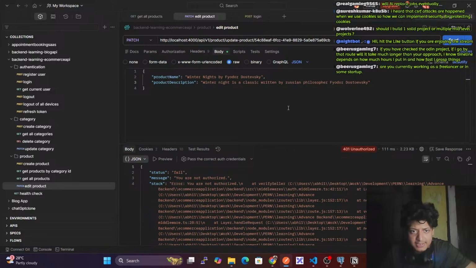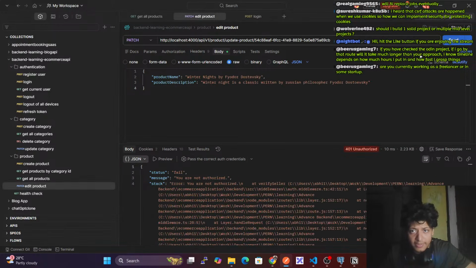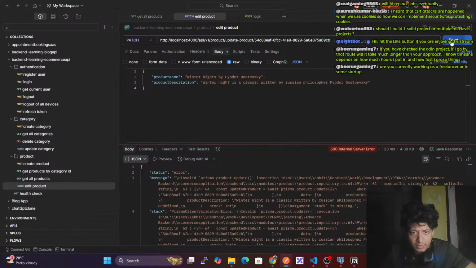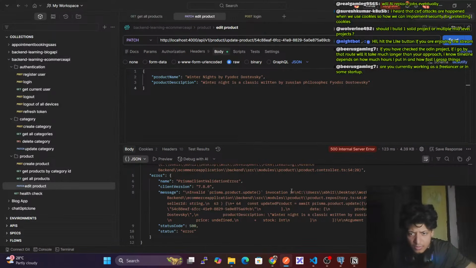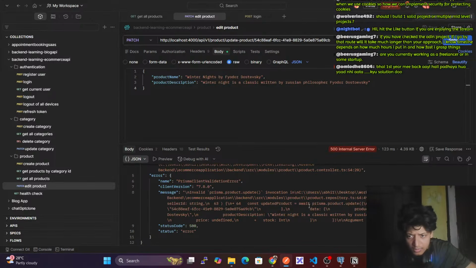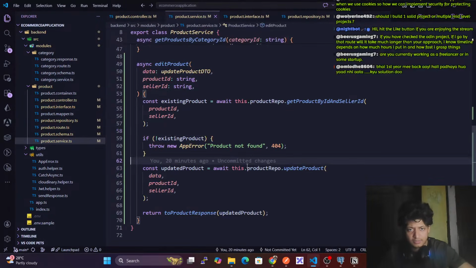And if I don't pass, then what will happen? First let's check that. First let's log in as test user 1. Okay, stock is missing. Okay, that is the issue. So here we have to do something, that service